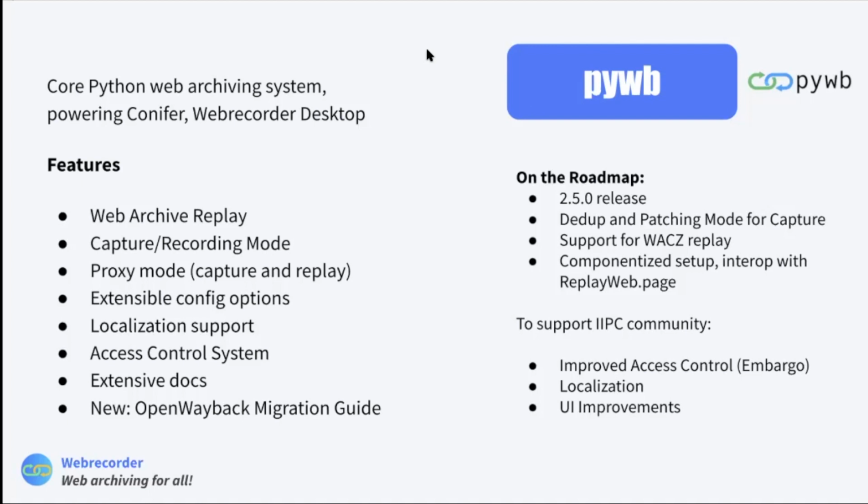On the roadmap for pywb, there's a 2.5 release, which has been very close, but should be coming very soon. And then after that, there will be support for deduplication and a patching mode for capture. Currently, the core pywb does not support patching yet, and so that's planned to be released in the near future. Then also support for the WACZ format, and later on a more component-based setup and interoperability with the Replayweb.page